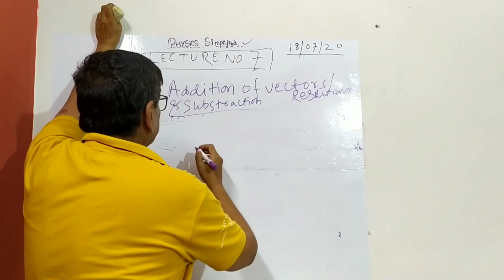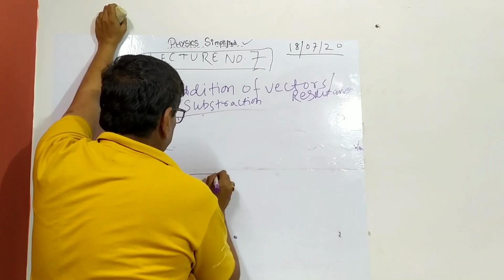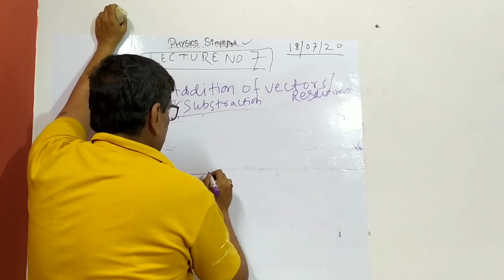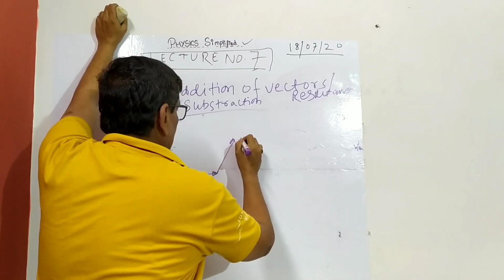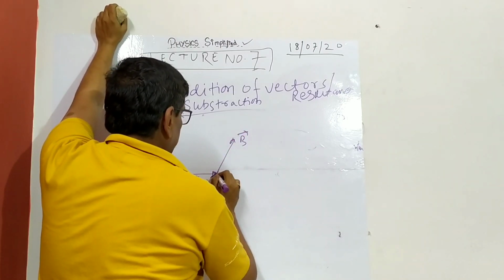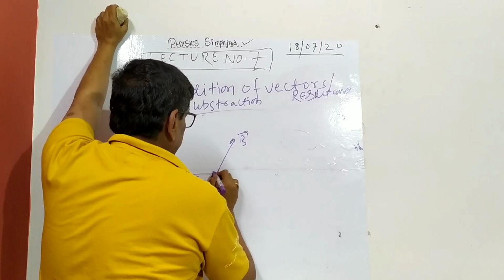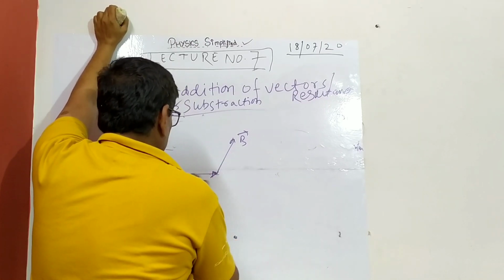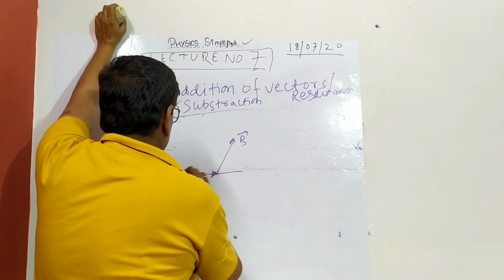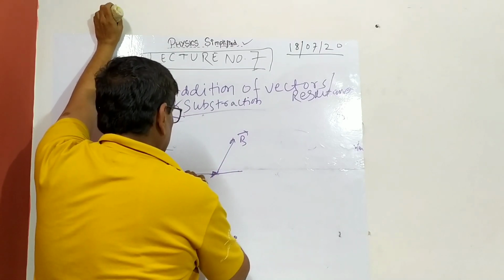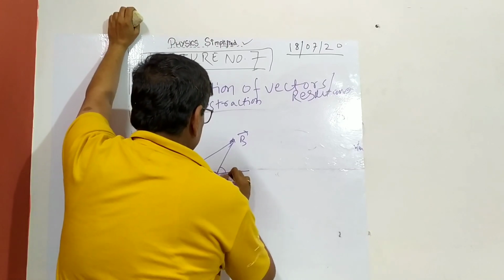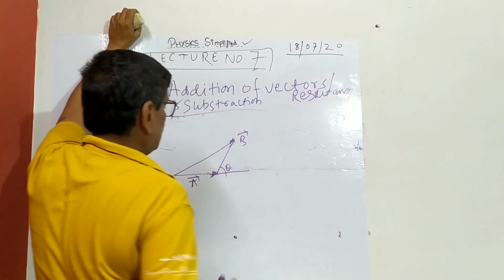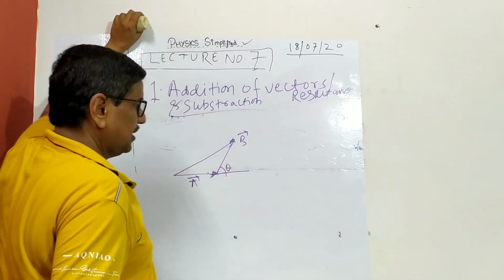So what we are left with is the parallelogram. Now we want to get it mathematically rather than graphically. So this is vector A and this is vector B, and we want to add them. Then again you know this is the angle. Now this is the resultant. This is obtuse, this is acute. There will be an acute angle, so this is that acute angle theta.